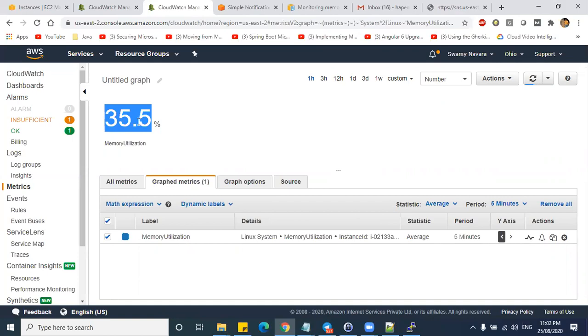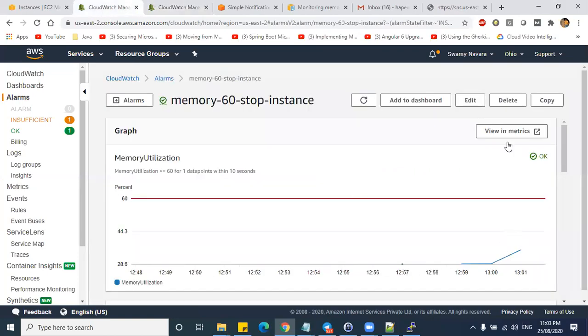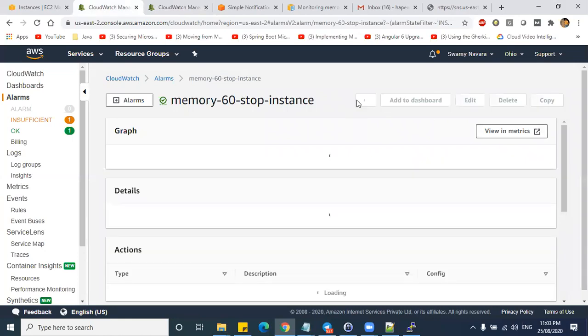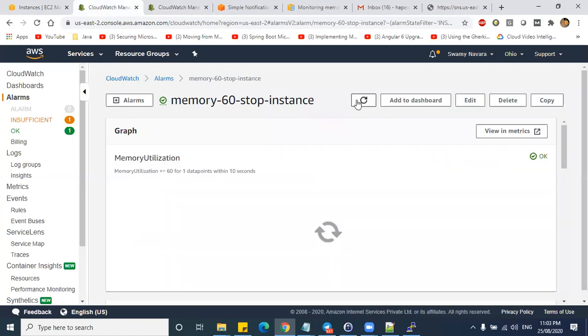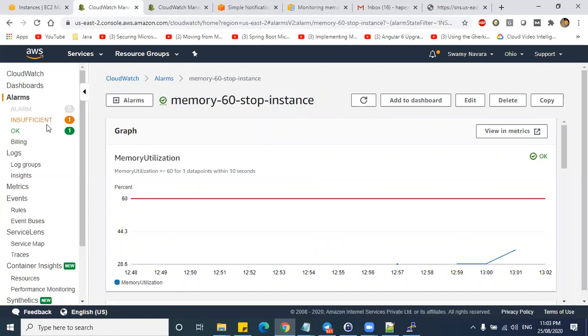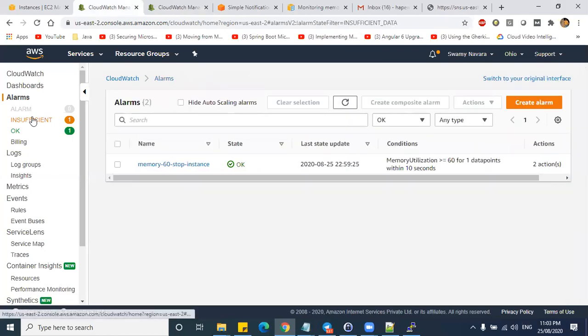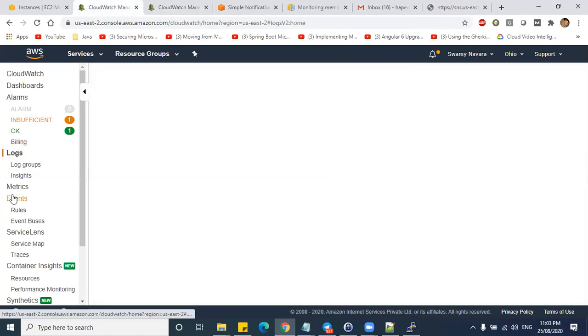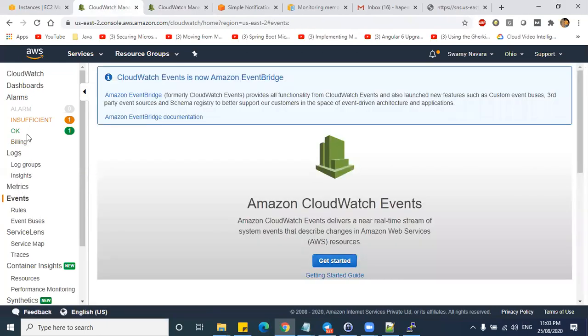Okay. So meanwhile, we can check some other events. Let's check events, and we will see the memory alarm triggering later.